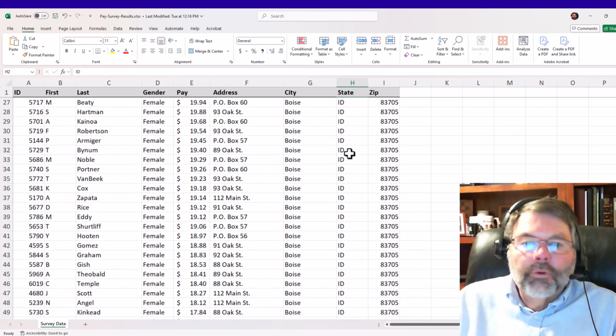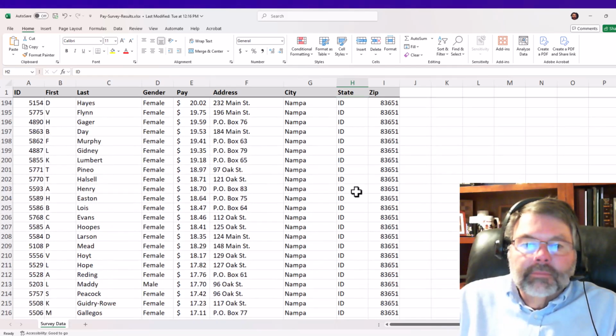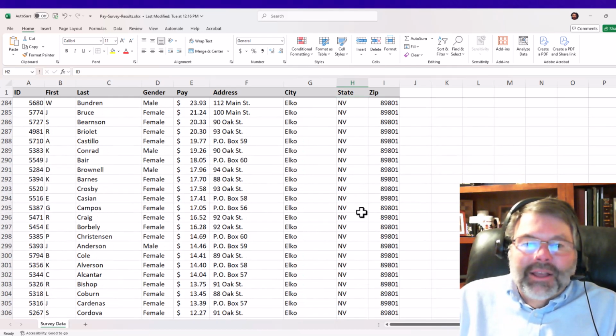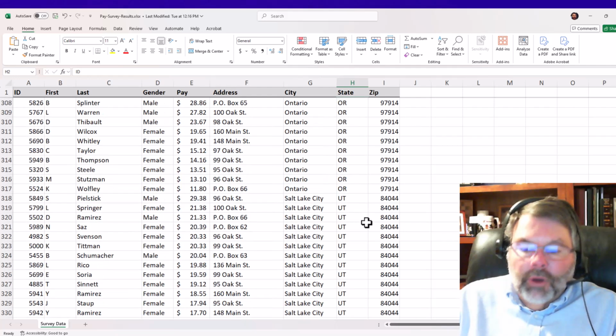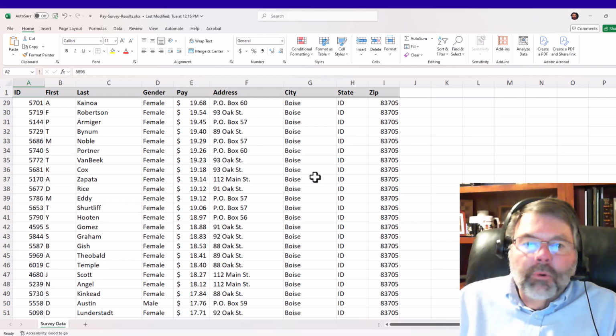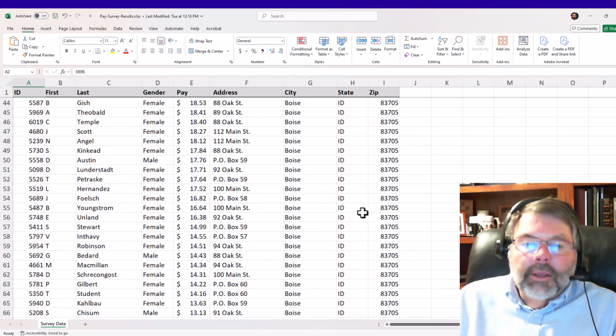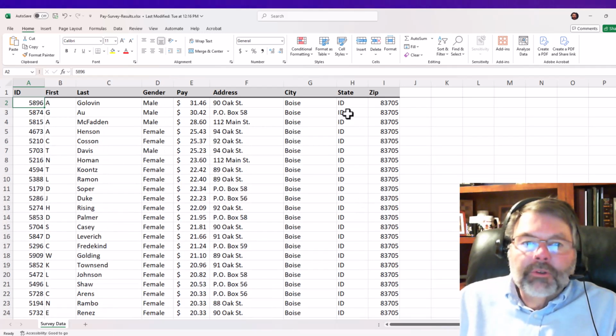So I have Idaho first. Lots of Idaho records here, looks like. Then I have some Nevada, then I have some Utah. Then if they're in the same state, notice I have Boise first in Idaho, and then I have Caldwell, then I have Coeur d'Alene. Now within the same city, if they're in the same state, I sorted them by pay